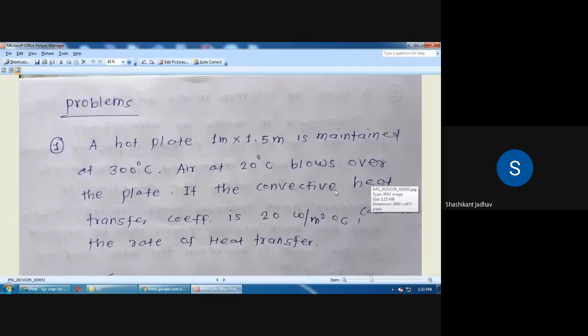Okay, write down the first problem. A hot plate, 1 meter into 1.5 meter, is maintained at